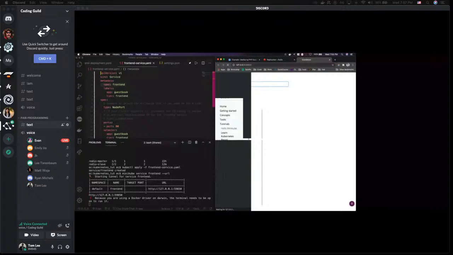Cool. So here, instead of "no update," if we ran this again, it would have said "unchanged." And instead now it's reconfigured it basically. Cool. So now we're using a load balancer. So now if we want to get our front end,